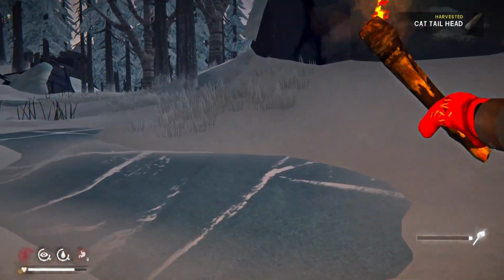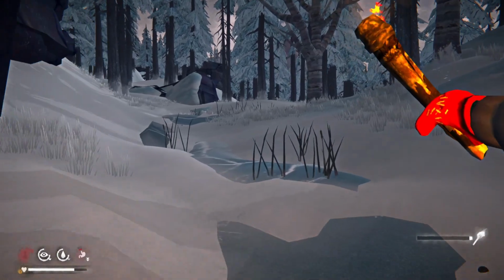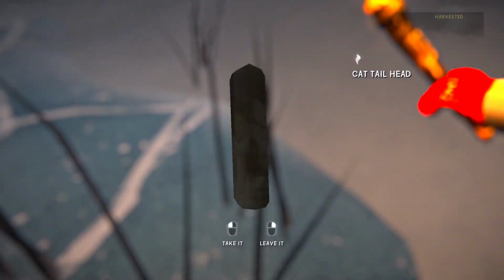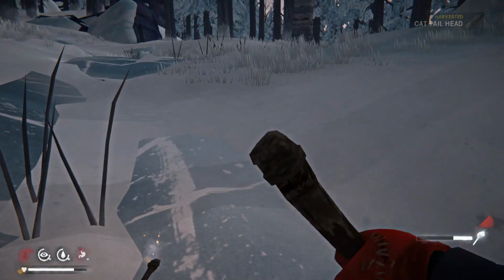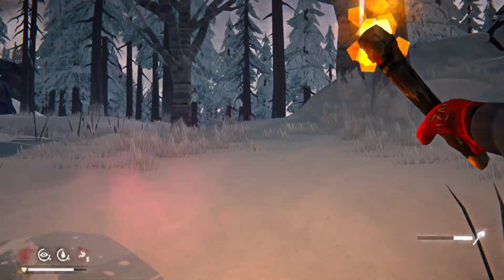As tedious as it is to move in and out of the inventory to eat cattails instead of just eating a bunch right now, I know I'm going to, in theory, find some deer meat, and when I do, I will want to completely consume the deer meat and not take any of it with me, because it will smell, which is why I'm not...